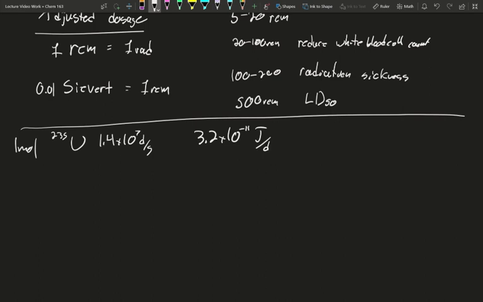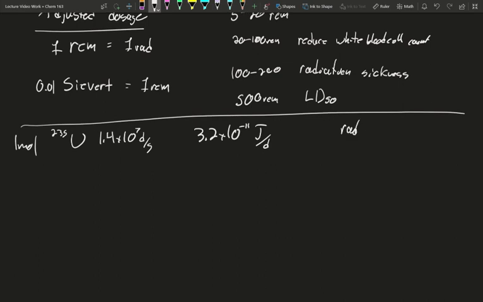Various differences can occur, but that is the average energy of a single decay of uranium-235. So using this, we can convert this to the rads. I have 14 million decays per second, and I know that in every 1 decay, there's 3.2 times 10 to the minus 11 joules